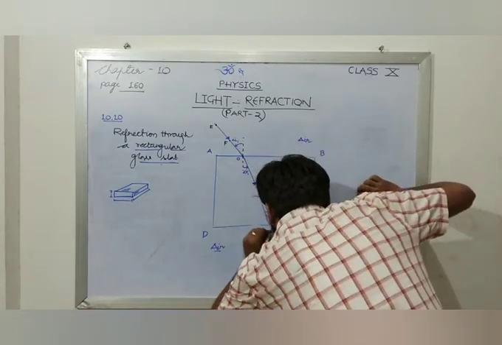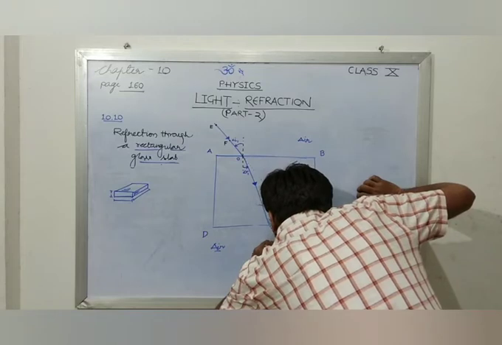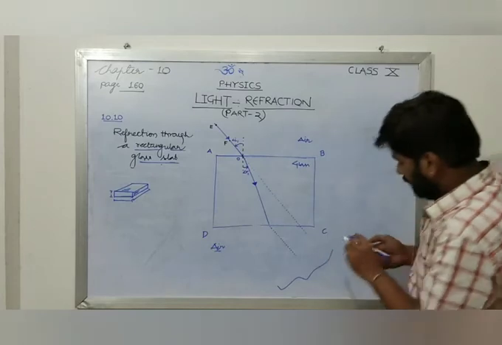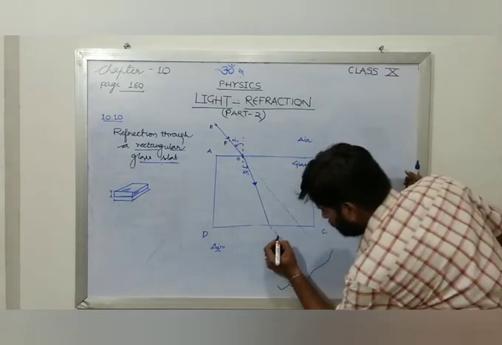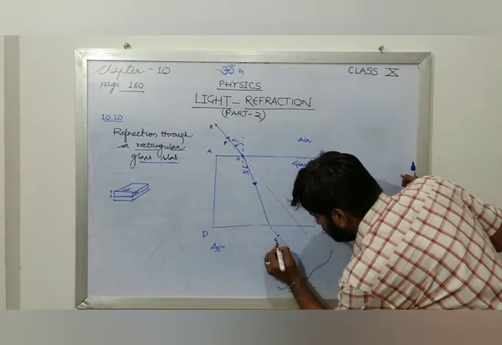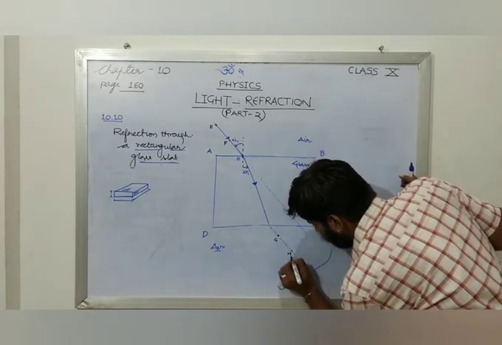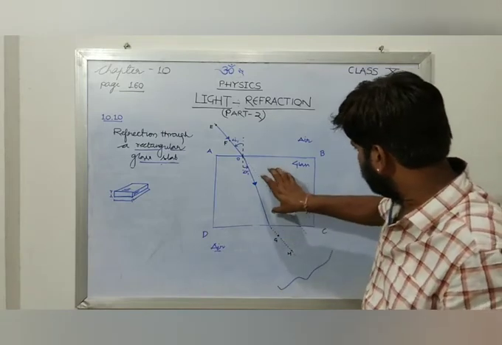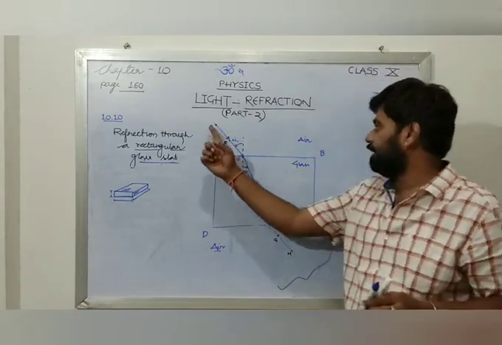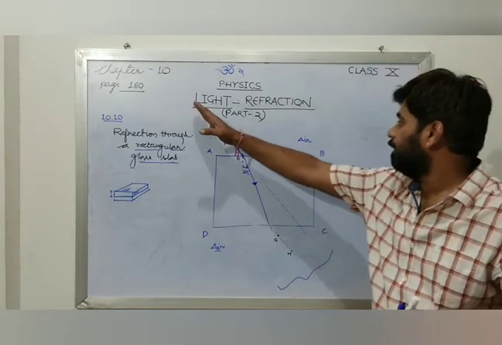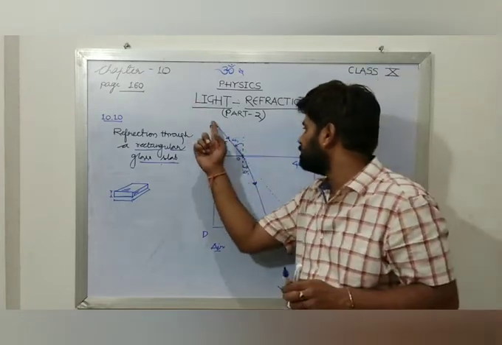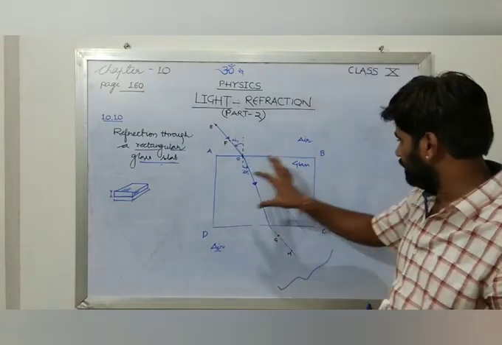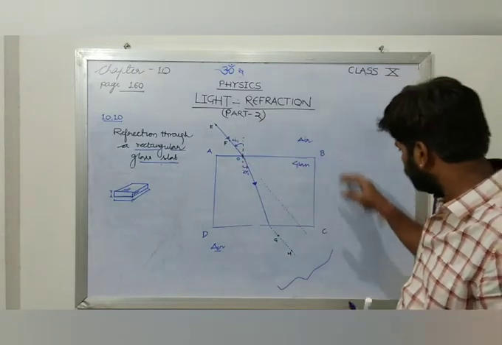Once we get the image of that particular E and F, we will put two more pins and name them G and H. This is the part where we had this glass slab and had kept two pins E and F, and we had drawn a straight line up to AB, because we cannot draw a line here since there is a glass slab, and after that we started our activity.